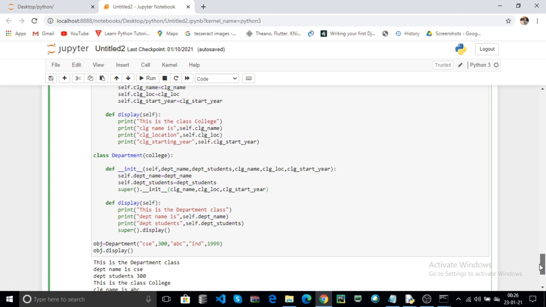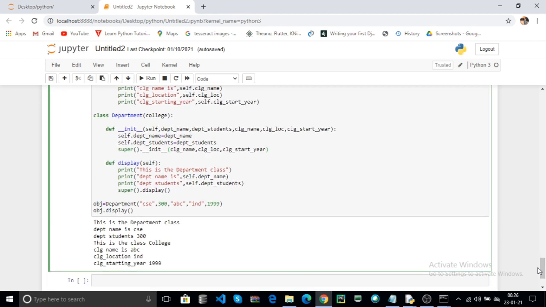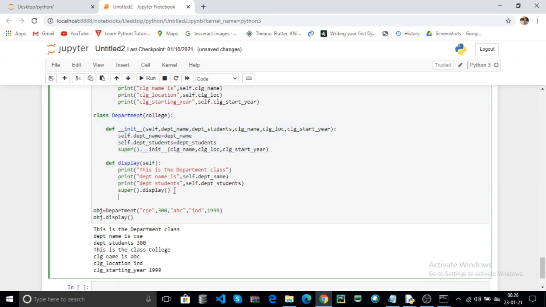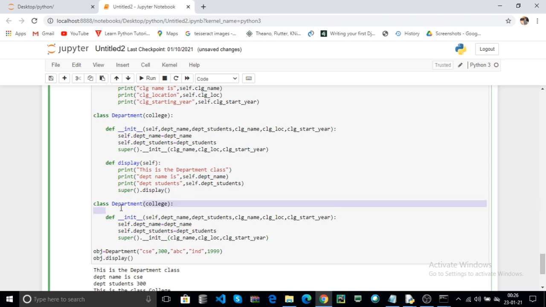You can also create another class. How simple. Here you can use the same as the department. Control C. Here I pass another class as the student. Here this is the student class.